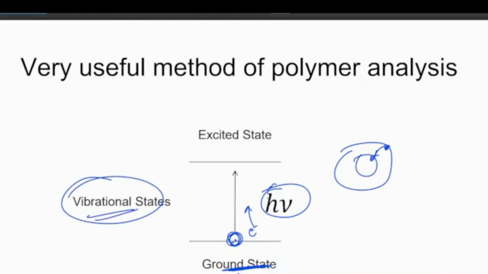During this state, the vibration of these individual molecules starts, and due to the vibrations they exhibit a particular frequency range, and we determine that frequency range, and depending upon the frequency range we determine the polymer analysis for these